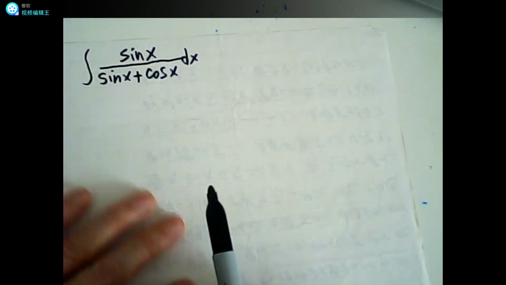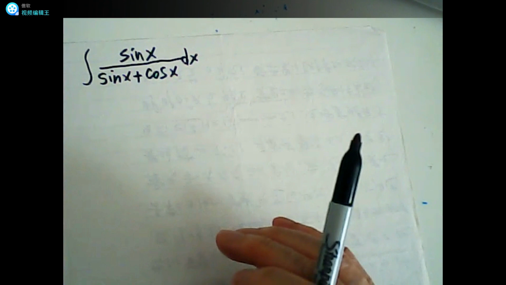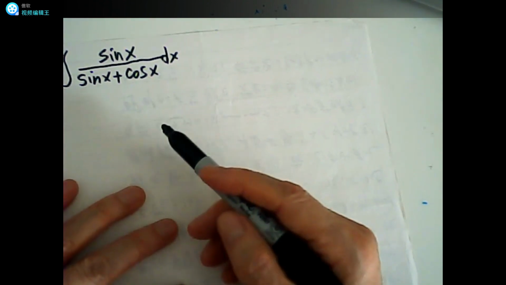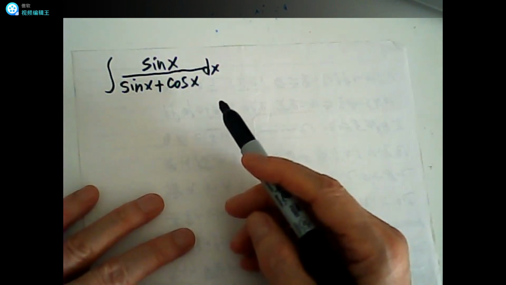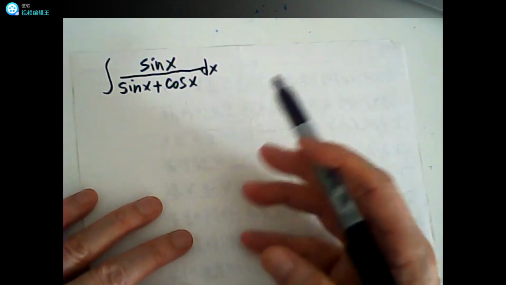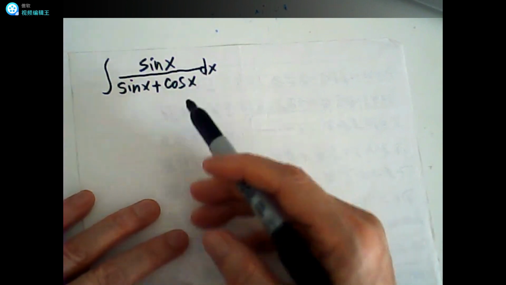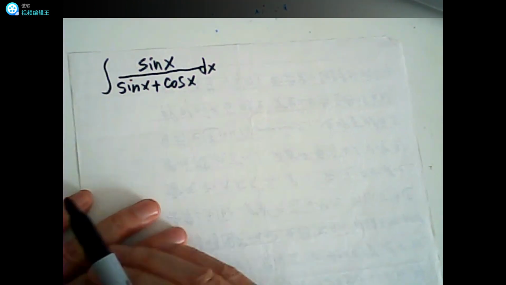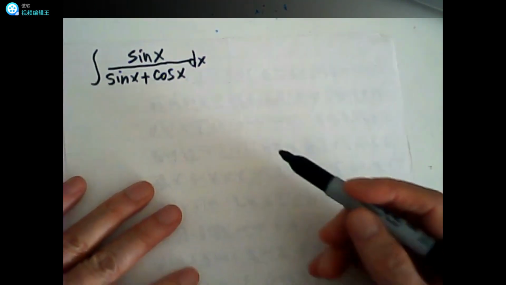Let me do this integral with the 5 different methods. This is a very good example for those who take a calculus course, to practice different kinds of techniques dealing with integrals with sine and cosine. Okay, the first method,